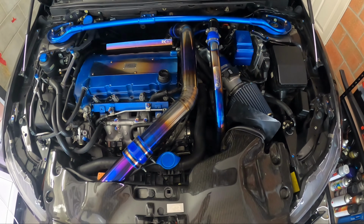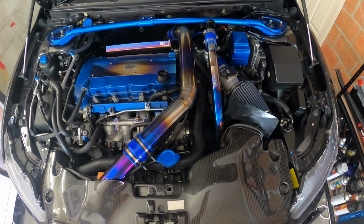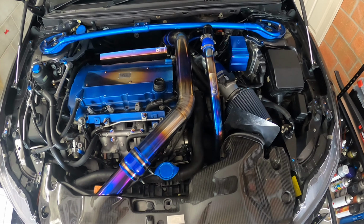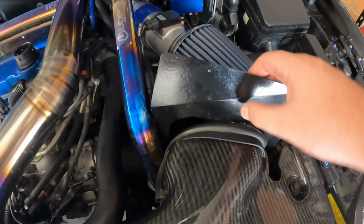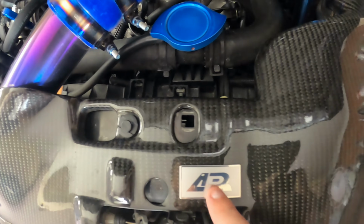So in today's video, what I want to do is fix up something that really annoys me in my engine bay. It's one of three things I have left that I would like to sort out in this engine bay. So that is going to be fixing this gap here I have between the APR carbon fiber cooling